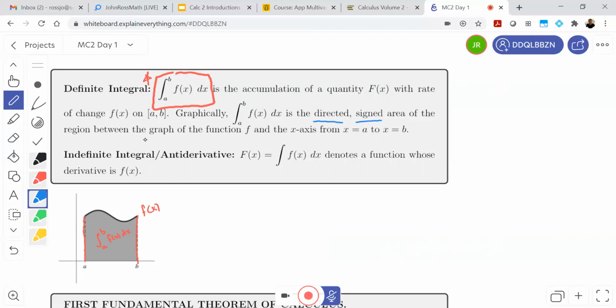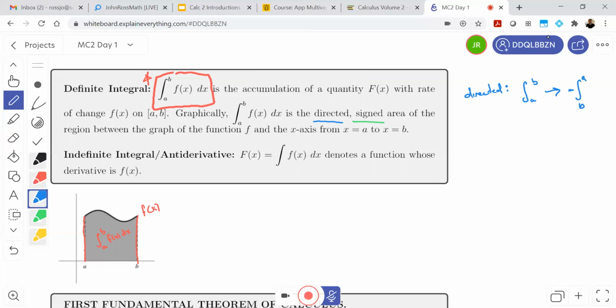When I say it's directed, what I mean is that if I take the integral from a number a to a number b, the order in which I write these matters. This is going from a up and to the right to get to b. And if I were to flip those numbers, I would end up with a negative integral,